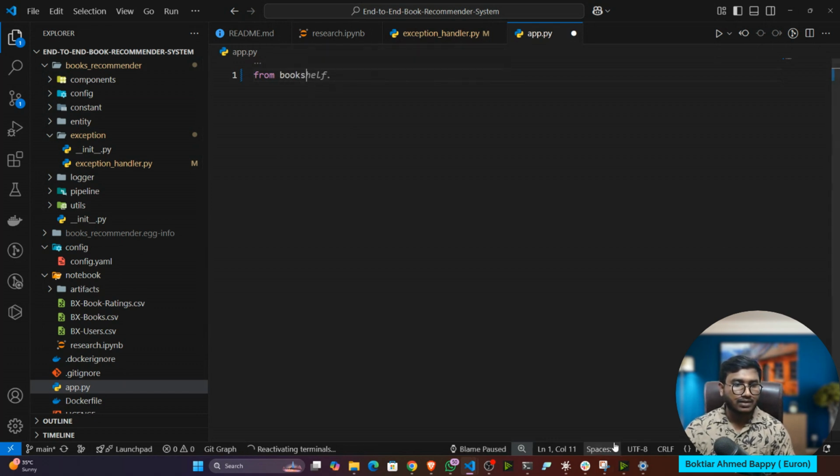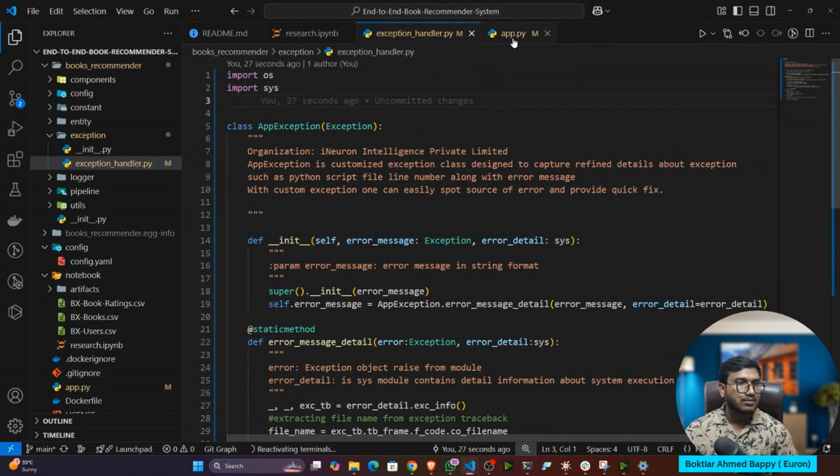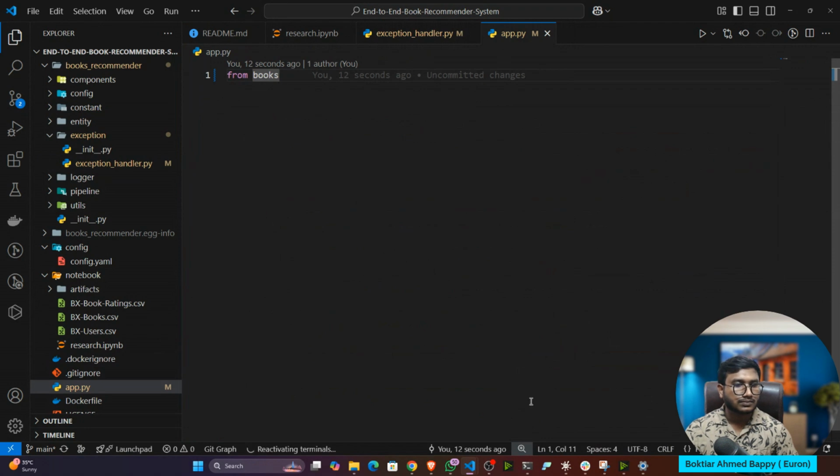Okay, I have to select my environment first of all, I think. Why is it not showing my environment? Just a minute, guys. Retrieving terminal. Okay, sometimes it happens.